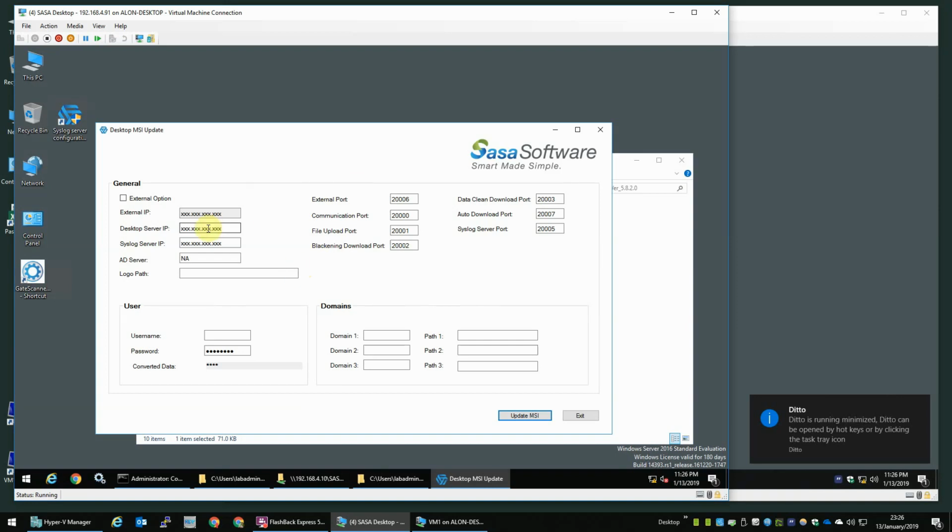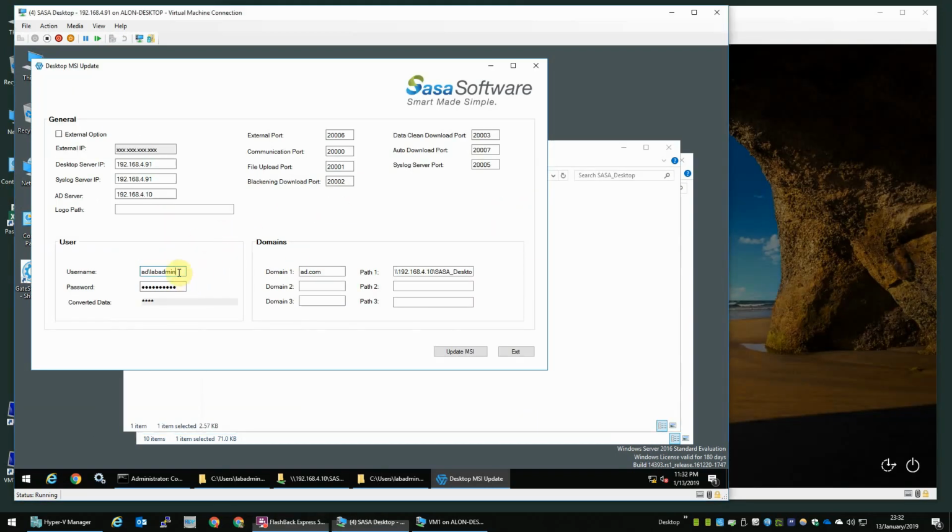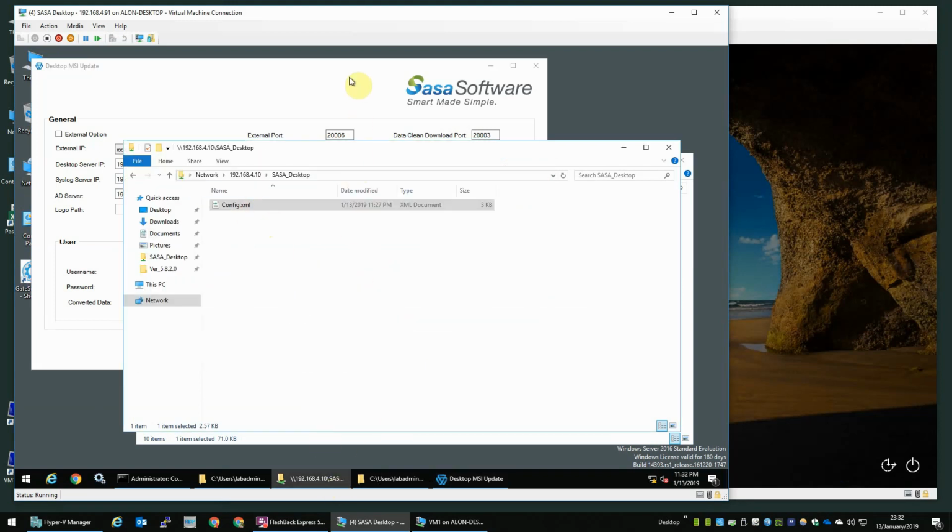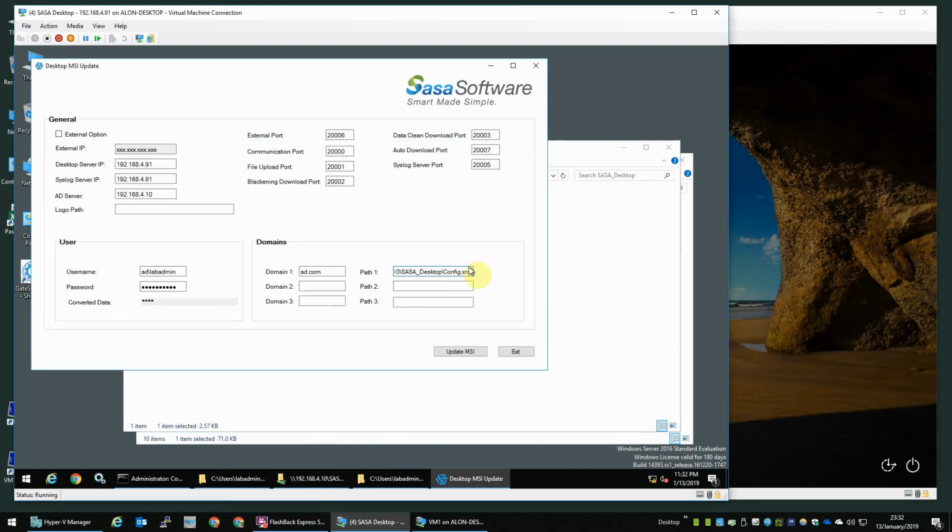Now I figured the problem is, everything I left the same, like here is the path to the config file, which I'm going to replace after the update. But I did, however, remove this one. I did my domain slash labadmin, which is my user. So I'm going to remove that because I'm going to assume that it's smart enough to know that it's already on this domain, which is pushed out from here. So just leave the user and let's give it one more try. Update MSI,